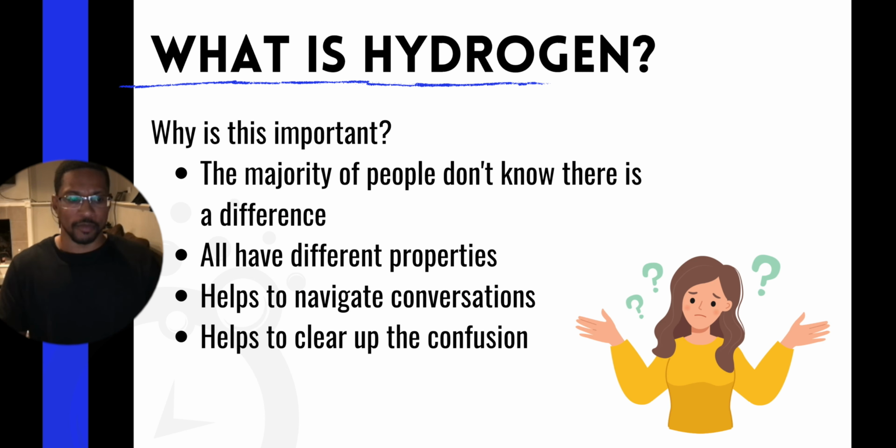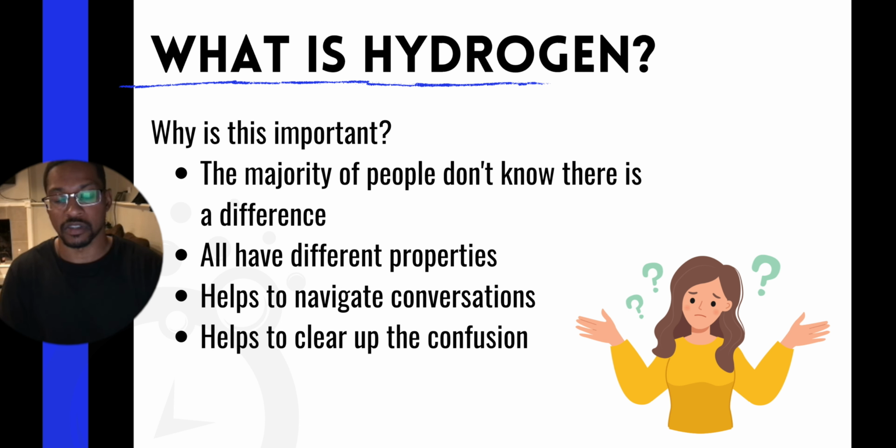So why is this all important? Why do you need to know the distinctions or the differences between these different species of hydrogen? Well, it's important because people don't know that there is a difference. And so typically when you're talking to people about hydrogen, they're going to think of the commonplaces that we as a general public are aware hydrogen is. So typically when we're talking about hydrogen, people's brain goes to water. So they go H2O, or they go to like an alternative fuel, or something like that, right?